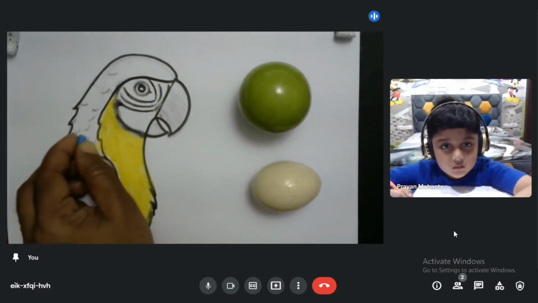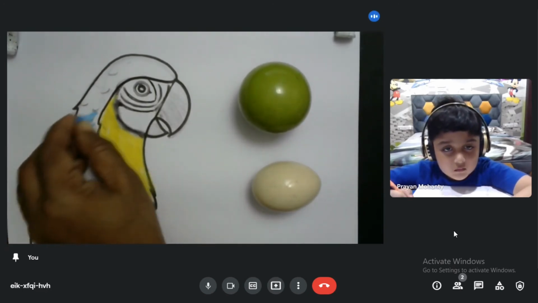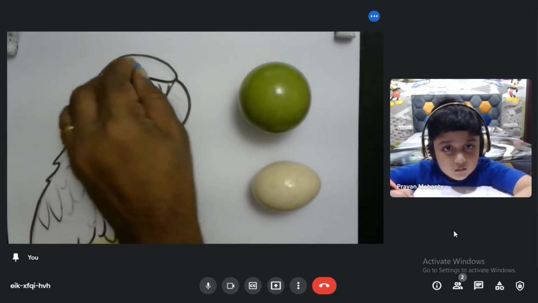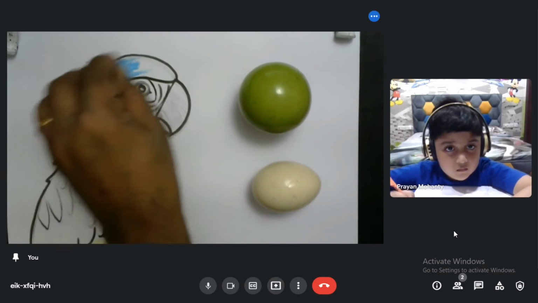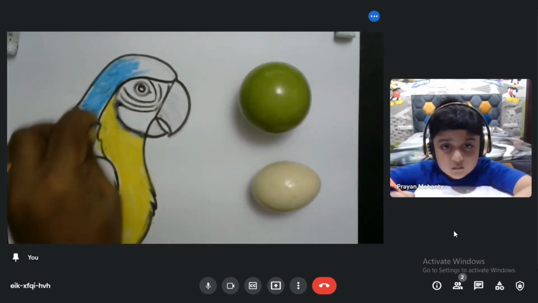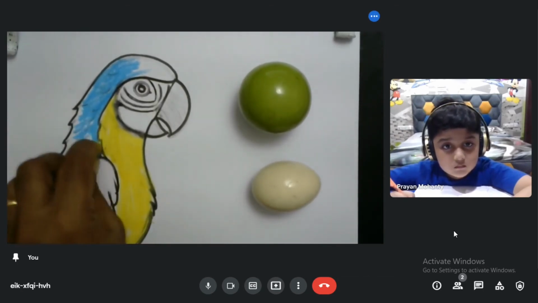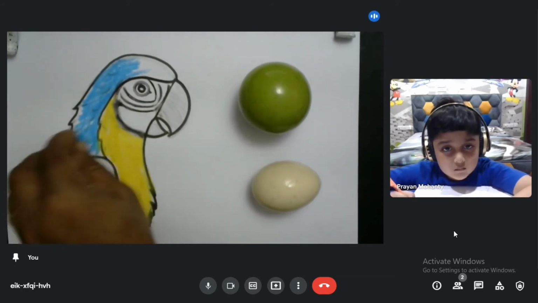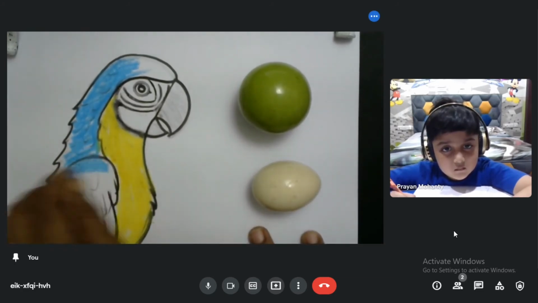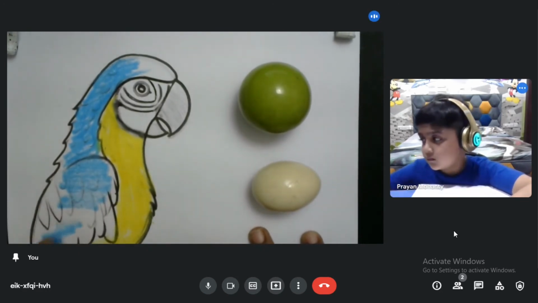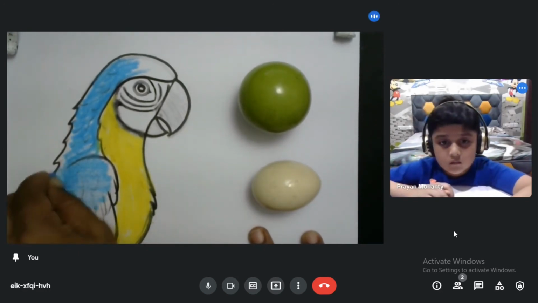It is actually a macaw, but the base is a parrot, this parrot family. Over here I use sky blue. It is actually this macaw. I use sky blue here as base color. Like this base color. Always first you use the base color, the first tone.